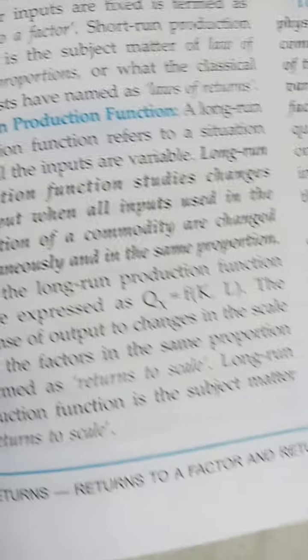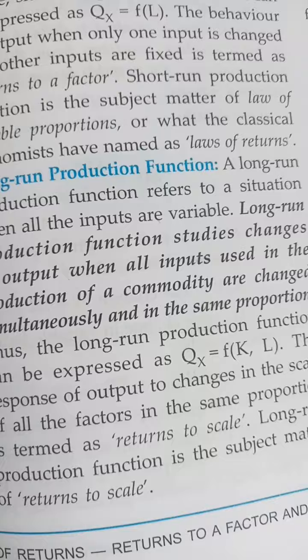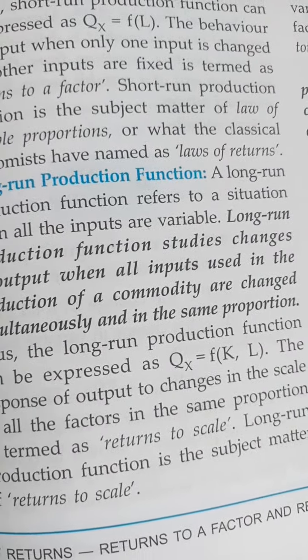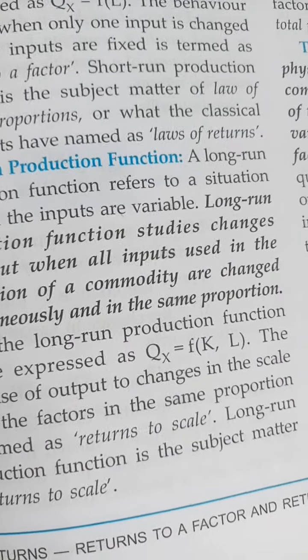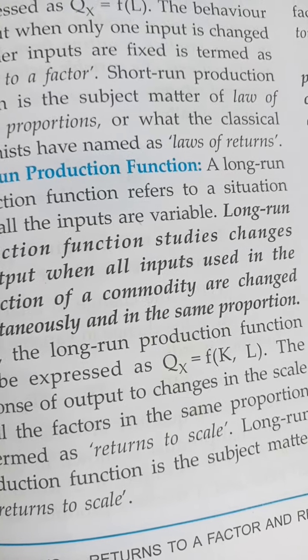Now long run production function. Long run production function is the functional relationship between the maximum quantity of output produced and all the inputs which are used to produce the output. In the long run, when all the factors